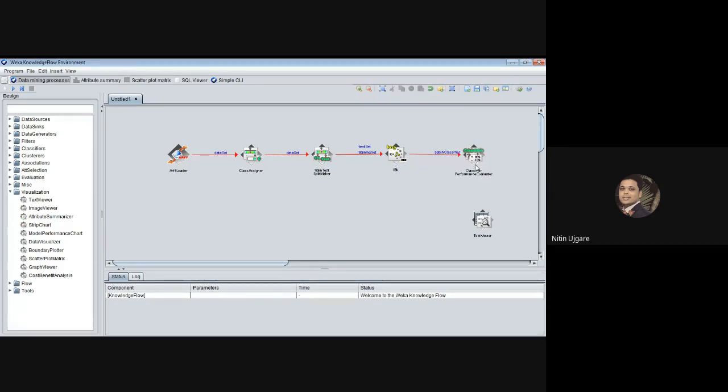Connect it to this classifier performance evaluator object, and from this you can connect it to the text viewer. So we are taking the output in the form of text, and we are giving this output as an input to this text viewer class so that it will display the output. Okay, so we are done with this.